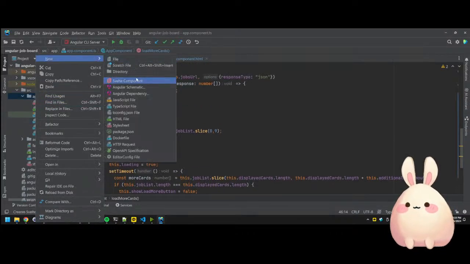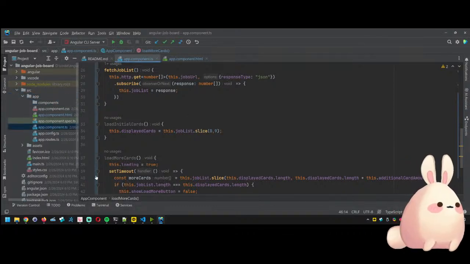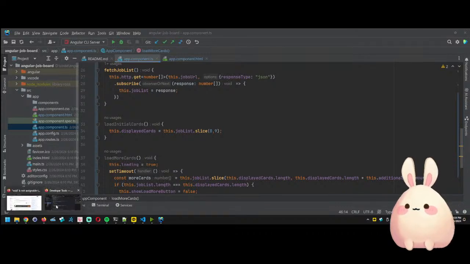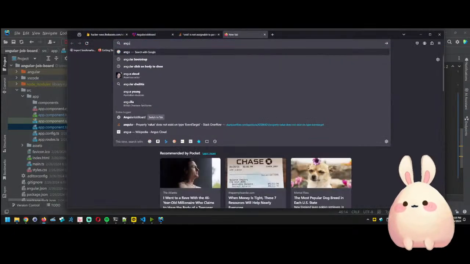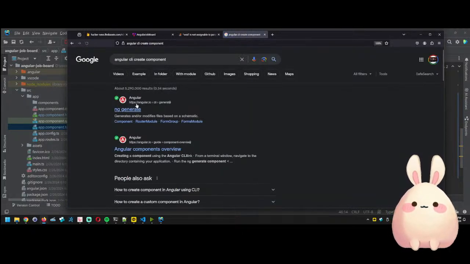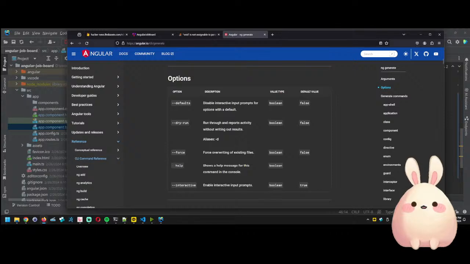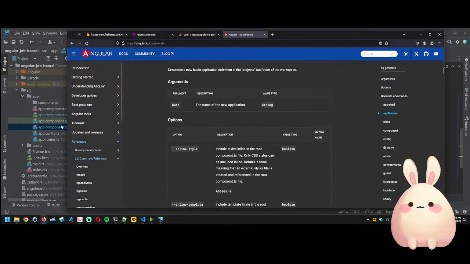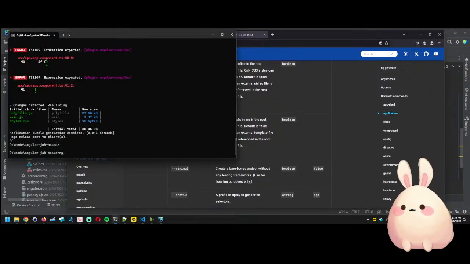So let's create a couple components. Now I don't remember my ng commands, so let's go and look those up. Angular CLI create component. Ng generate component, and we can say standalone if I'm not correct. Yeah. So let's give it a try. Ng generate component